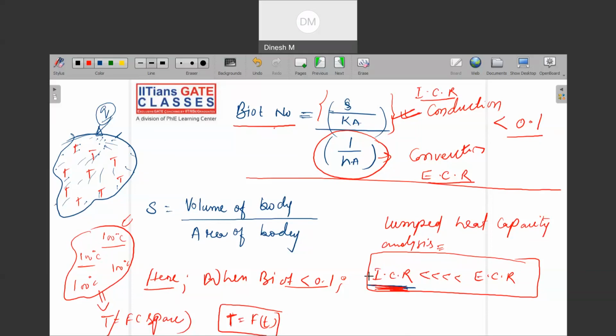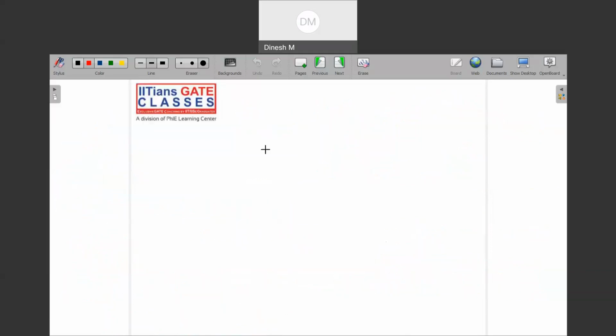Okay. Then there is one similarity between what? Biot number and Nusselt number. Nusselt number is defined as H into D upon K, and Biot number is signified as H into S upon K. So here in the Biot number, what is this K? K is of the insulators, or let us say if there was some body, then K is the conduction property of the body only. And here what is the K? K is of the fluid.